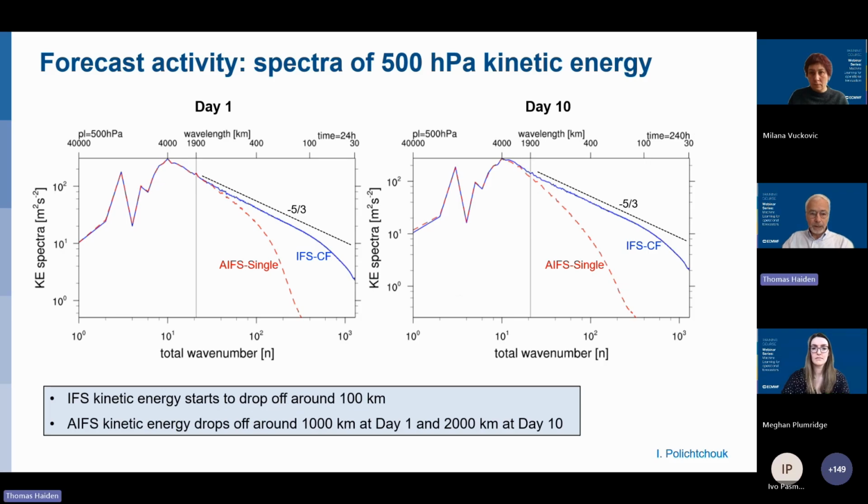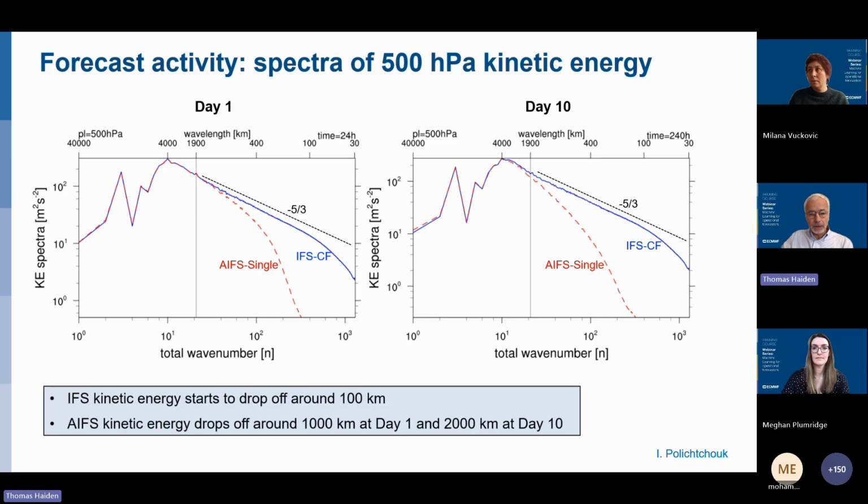So for example, here you see for day 1 on the left and for day 10 on the right, forecast activity measured by the spectra of 500 hectopascal kinetic energy. Let's focus on the left at first.